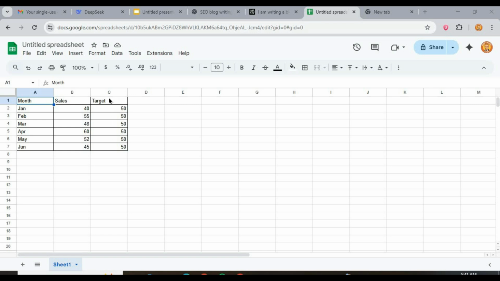First off, you need to add a new column right in your sheet just for that target value. Call it something like target or goal line. Then, in every single row of that new column, type in the exact same number where you want the line to sit. So, if you want your target line at 50, just plop that number 50 into every cell down